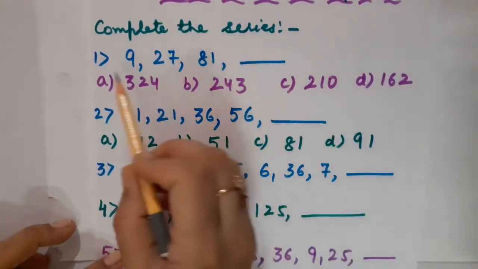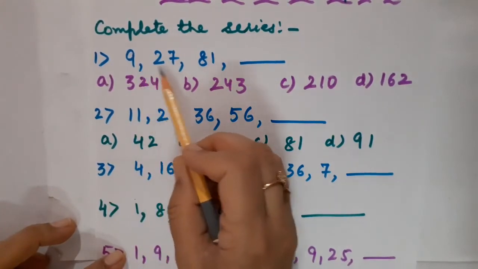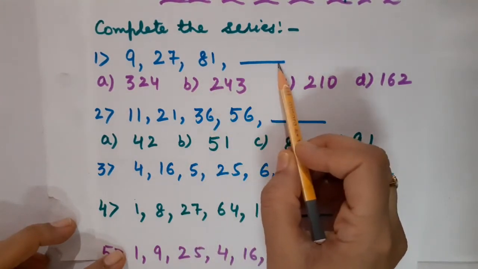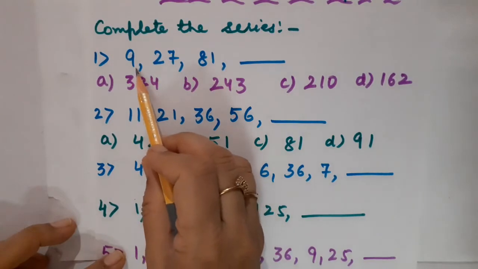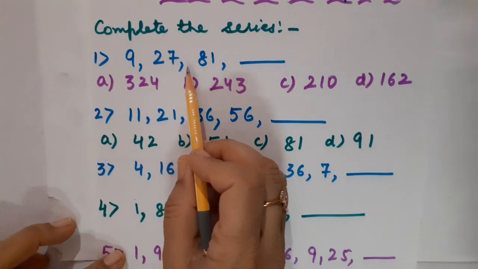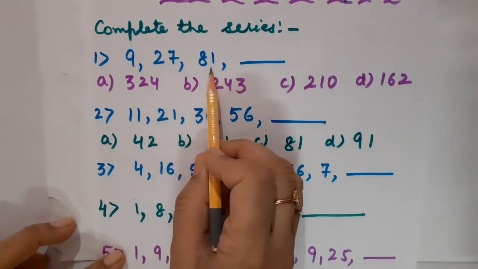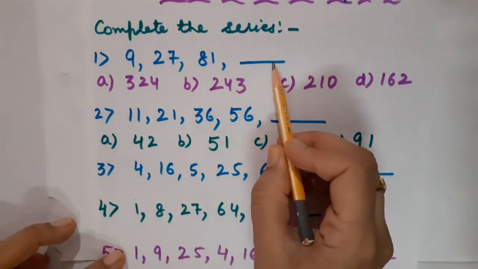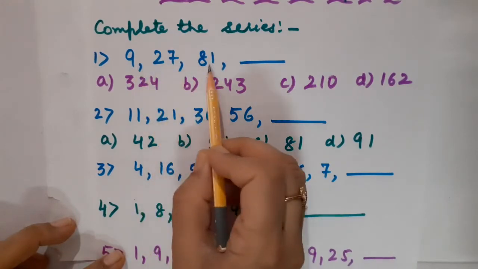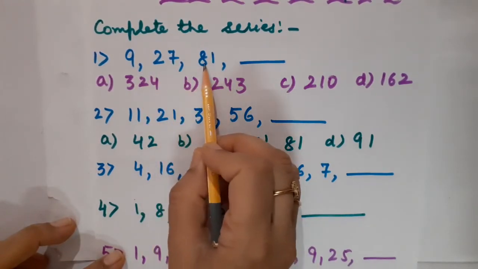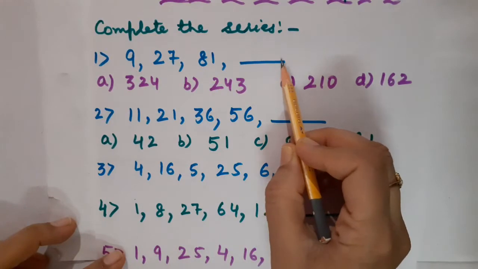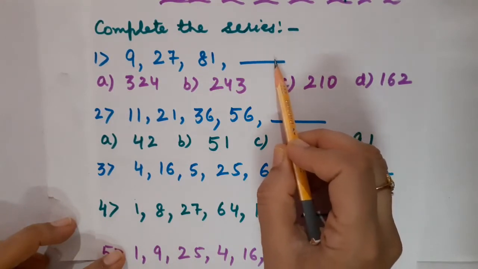Complete the series. Question number 1 is 9, 27, 81, and you have to fill this blank. So children, what you have to do is observe this list of numbers, as well as observe what specified rule is going to be applied in this list of numbers, so that we can come to know about the other number. Fine. Children, you have to specify such a rule, think of such a rule, that this whole series gets completed with an appropriate rule. Okay. So what are we going to do for that?